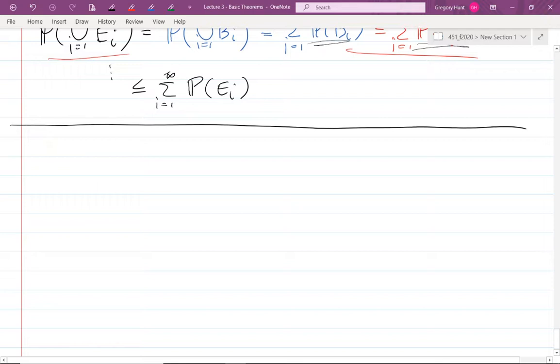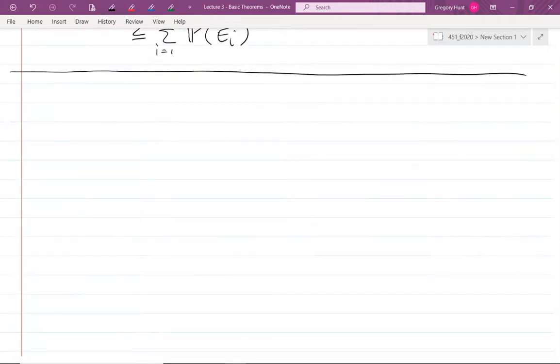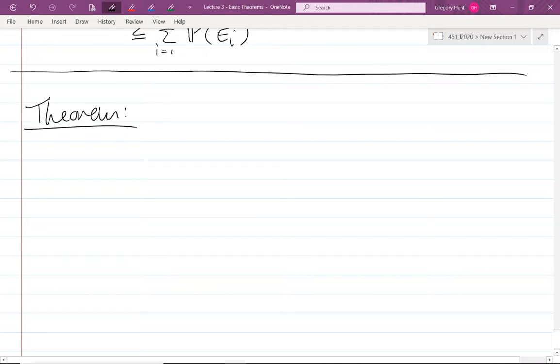It's not the most groundbreaking result in the world. A more useful, more practical result, which is super important to know, is going to be the last result in the lecture today. That's supposed to read theorem. Let's try that again. This is, let's call it event partitioning. Man, I can't spell today.